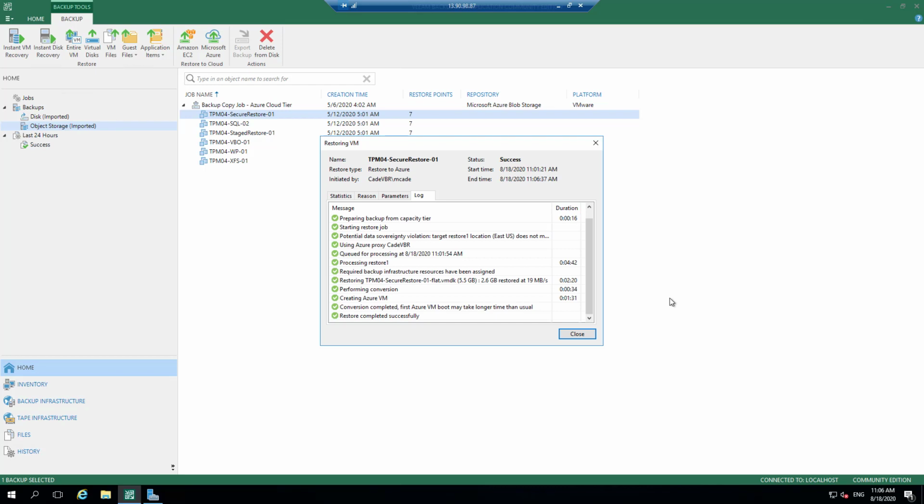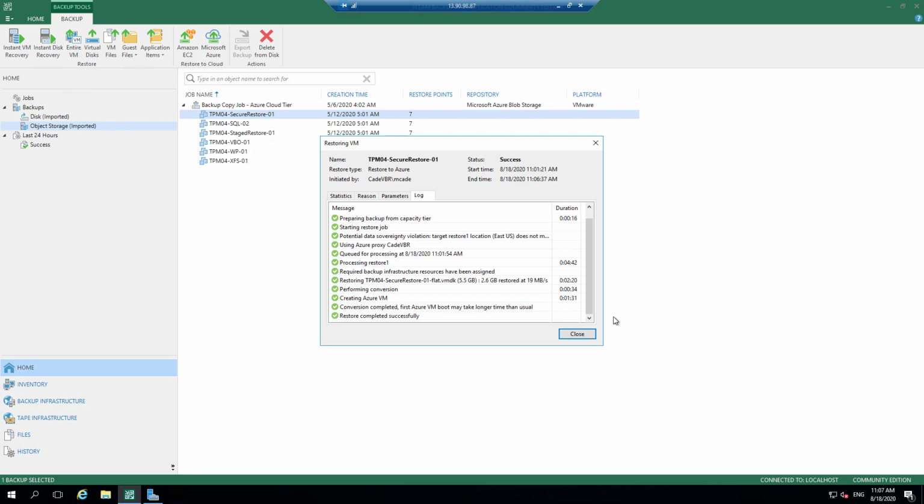Okay, so you've just seen that complete. So 4 minutes 42 seconds for that direct restore from that blob storage, using this VBR server as the proxy or the data mover and the conversion, and restoring that into an Azure virtual machine. You obviously saw that quickly because you probably didn't want to sit there for 4 minutes and 42 seconds to understand that. So now the next test that I want to run through is actually leveraging an